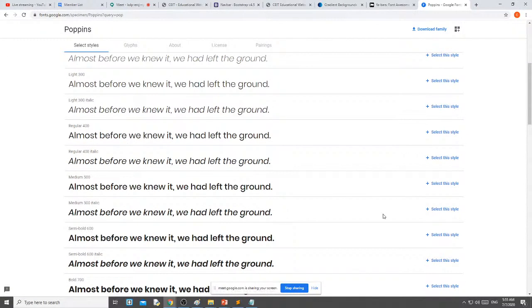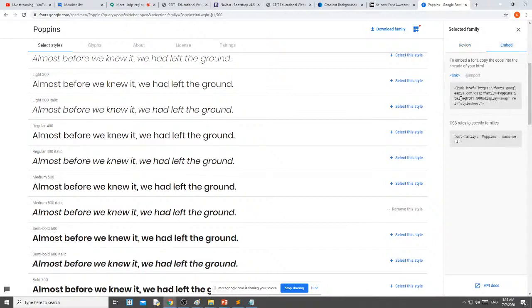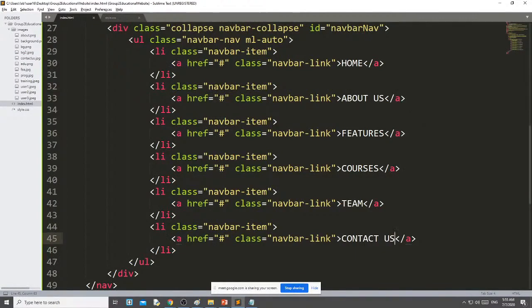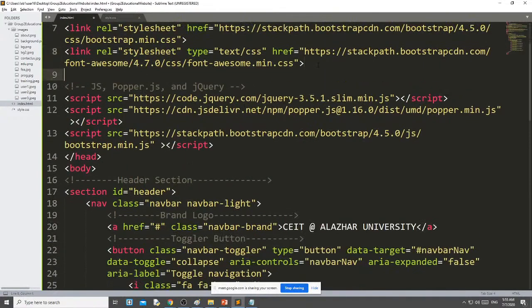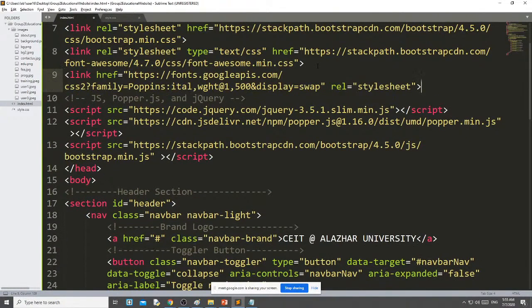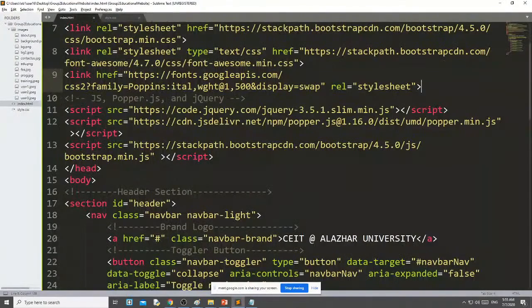Suppose I want this one. Select the style. On the right side, click embed. This one you want to include in CSS. Okay, copy. Go to the index.html and paste it here. And this one you want to include in the stylesheet.